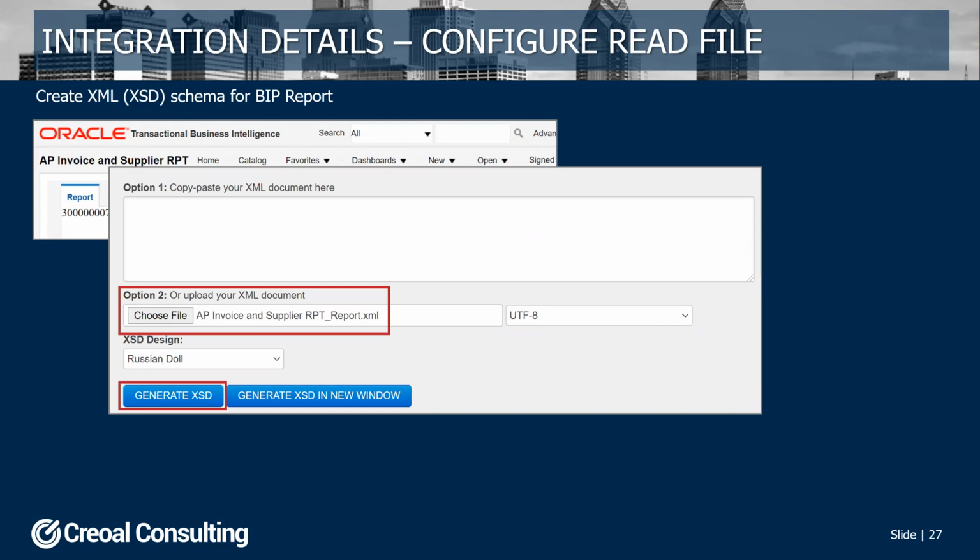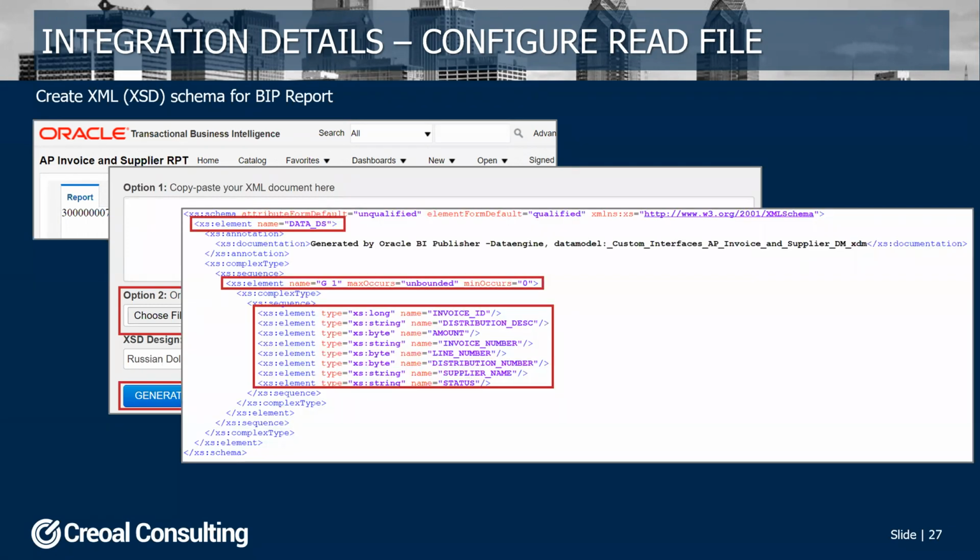So this is an example of the tool that I generally use. I just upload my XML sample and hit generate XSD, and it will allow me to download another file with the XSD schema, which looks like this. So there's a couple important things to note here. The first one is the element name of data DS, which I just mentioned,